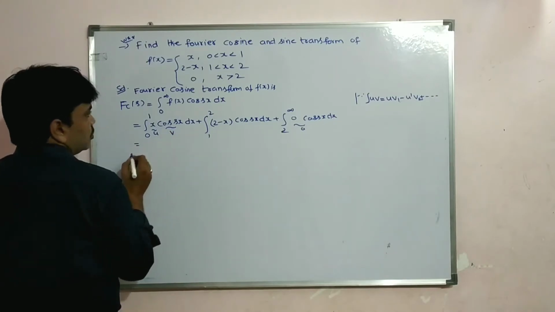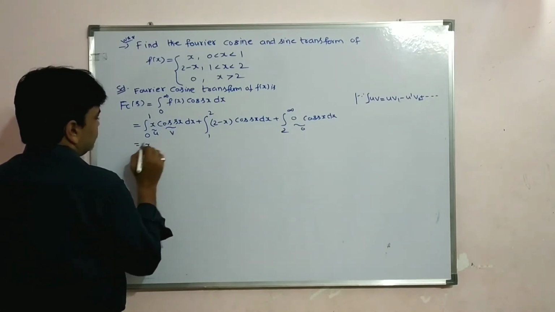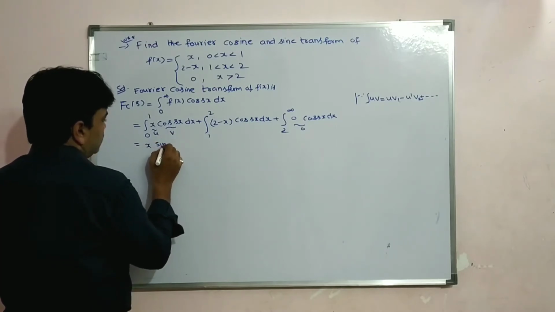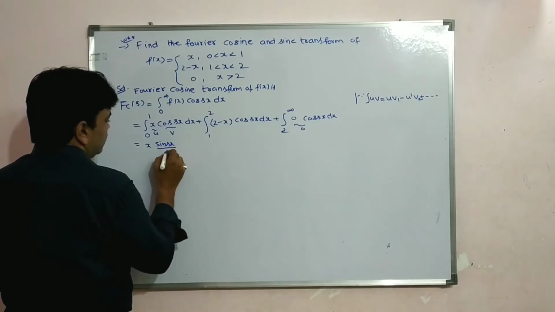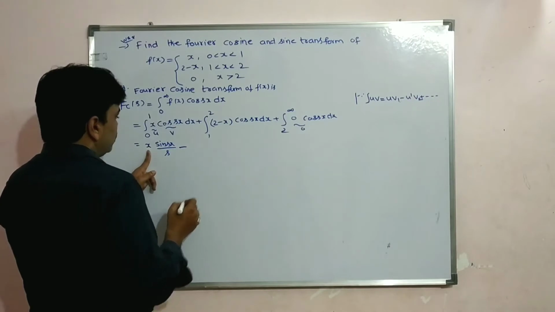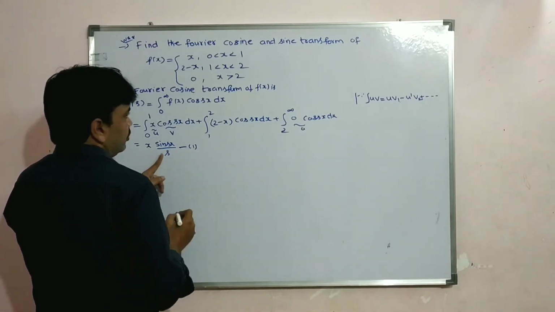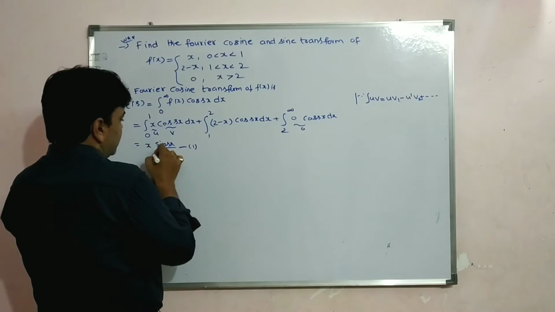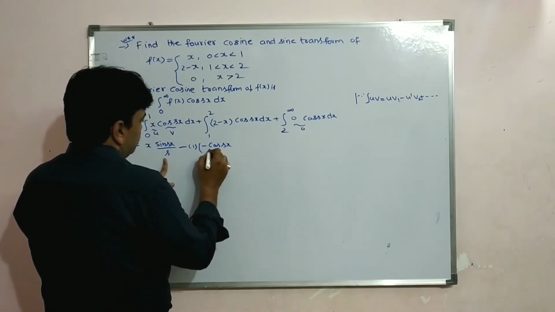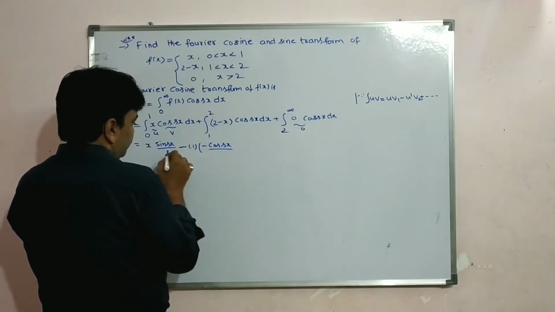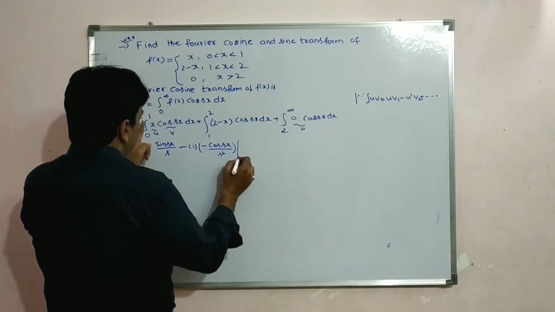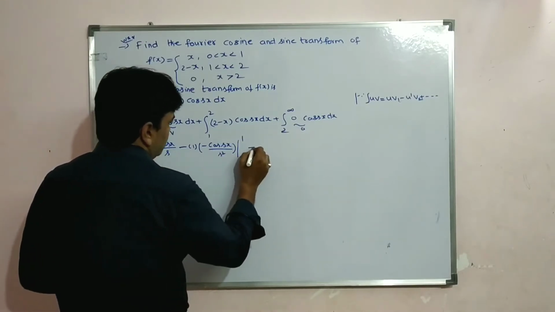So that is equal to u, x, times the integral of cos sx, which is sin sx by s, minus the derivative of x, which is 1, times v2, the integration of sin sx by s, so we get minus cos sx by s square, between the limits 0 to 1,